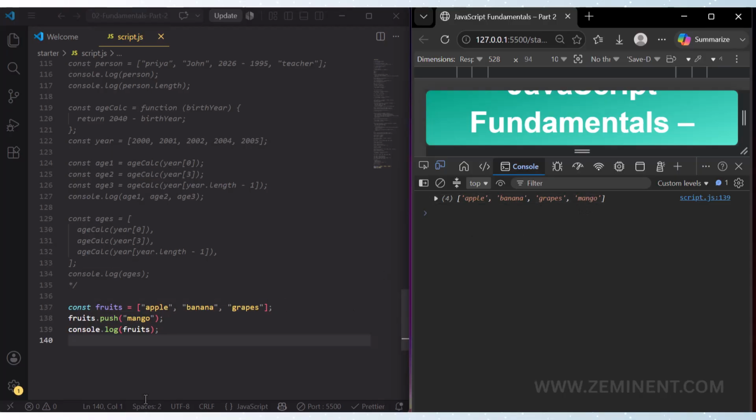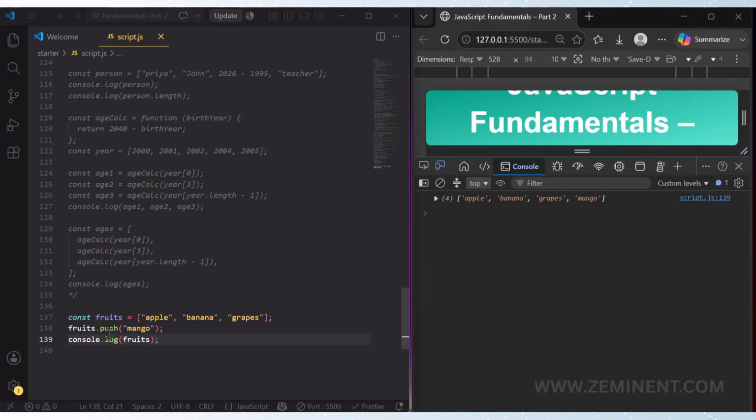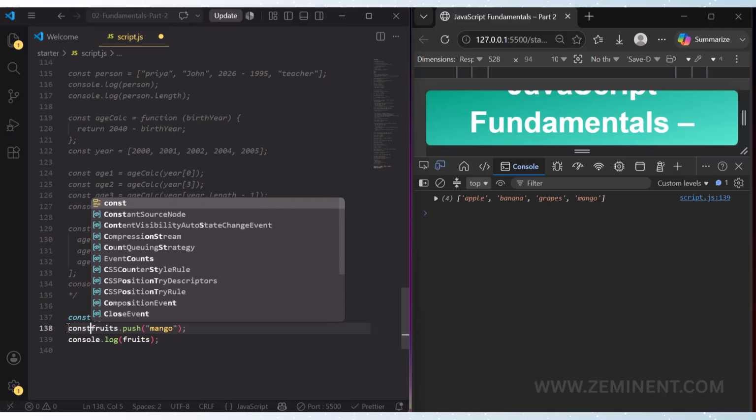Here the push function not only adds the value to the array but also returns a value, and the value that it returns is the length of the new array. So if we want to save that value, we need to create a new variable. Here I am creating a new variable to save the value.